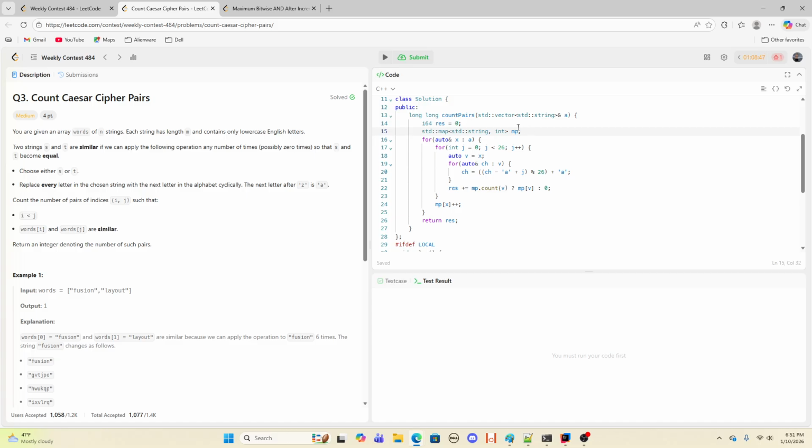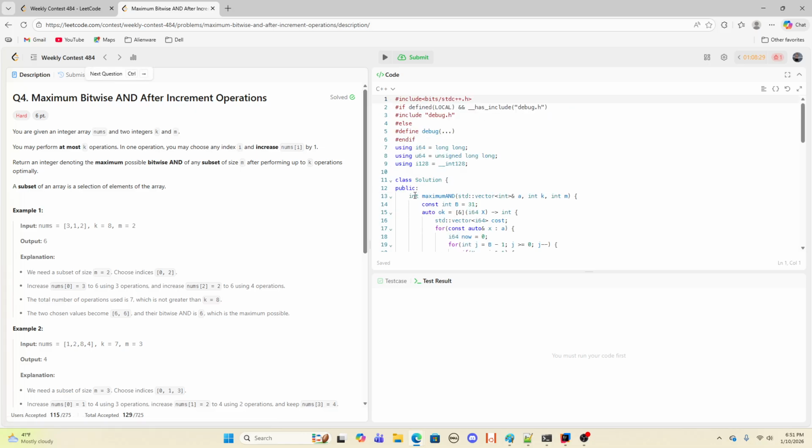Just put everything into the map. First of all, you're going to increase the thing. Then for each rotation, you're going to shift it, right? This is just how you shift it in C++. You check it. Yeah, that's it. For Q4, let's do Q4. Q4 is interesting, but I think it's